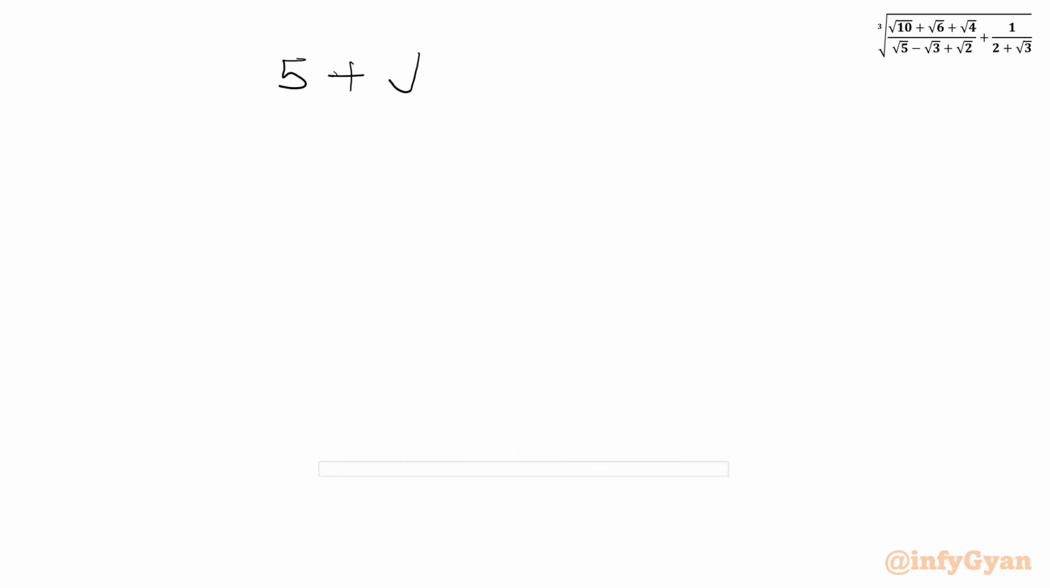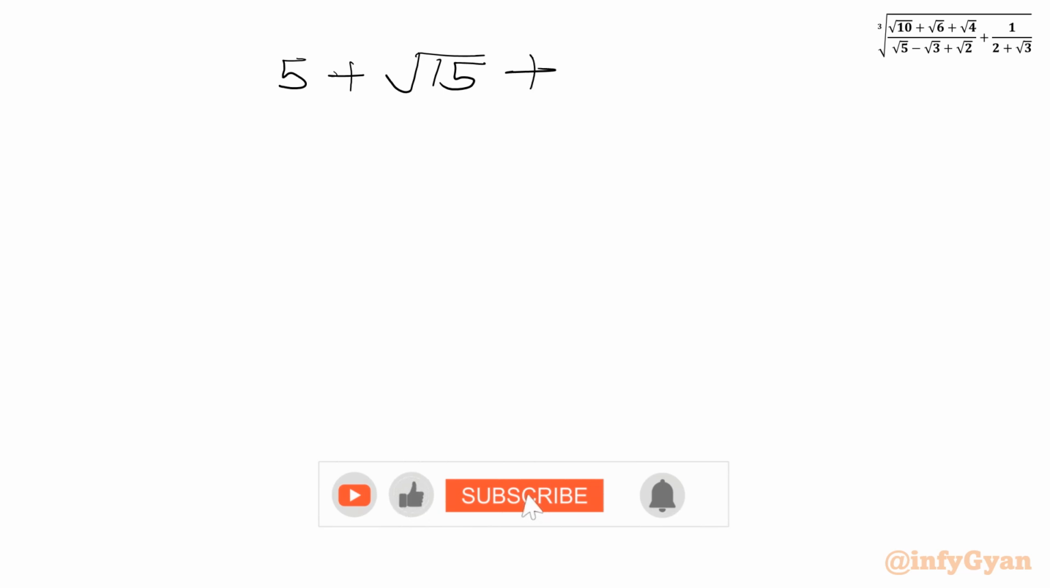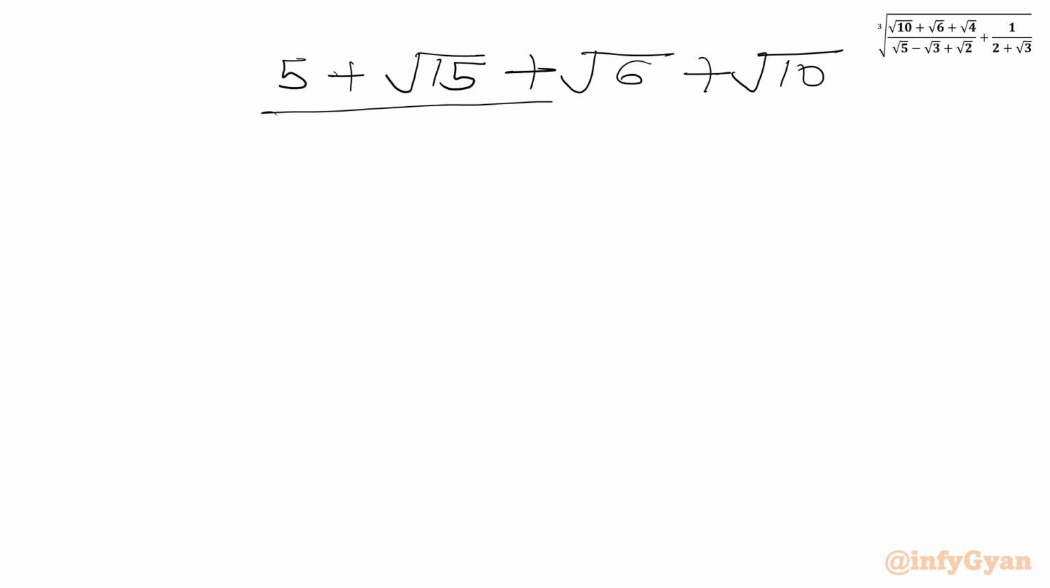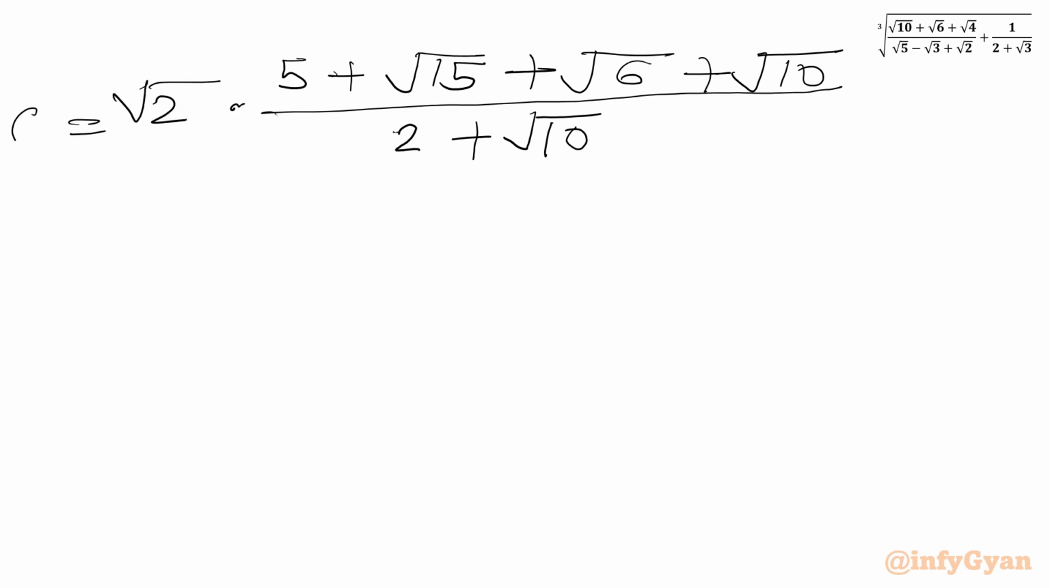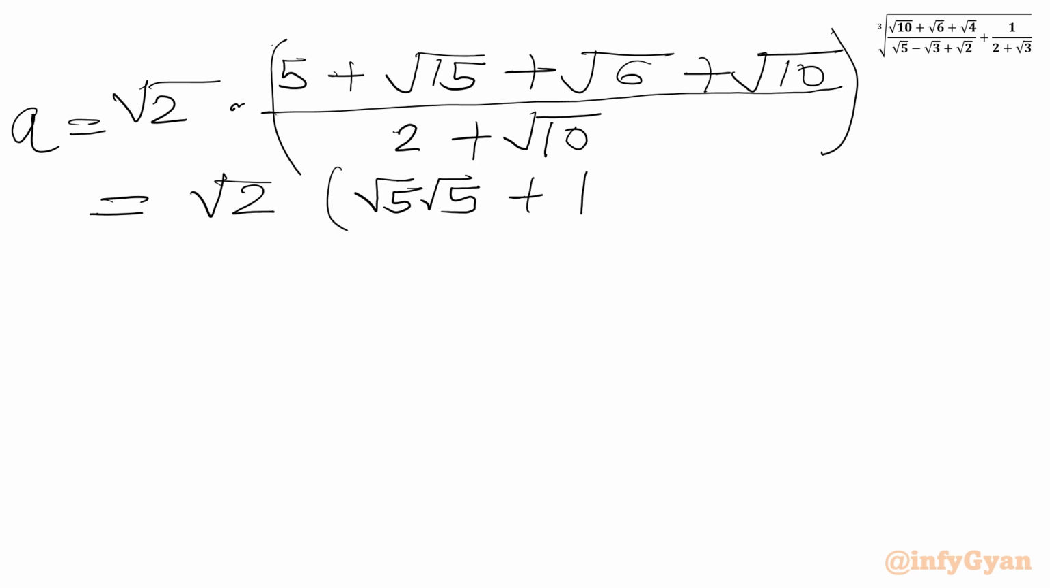5 plus root 15 plus root 6 plus root 10. This was the numerator, and the denominator was 2 plus root 10, and the coefficient was root 2, and this is equal to A. Now I can write root 2 times 5 plus root 15. Can we write 5 as root 5 times root 5? Then we have root 15, which we can write as root 3 times root 5,